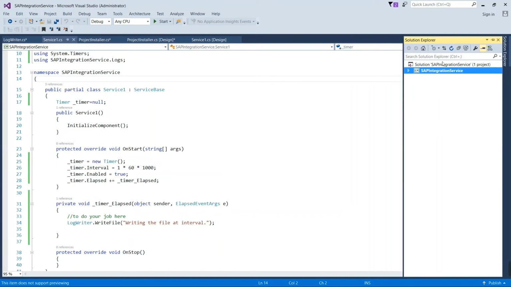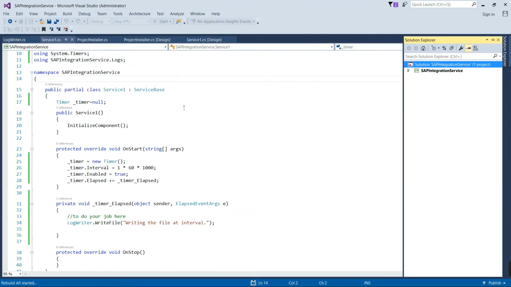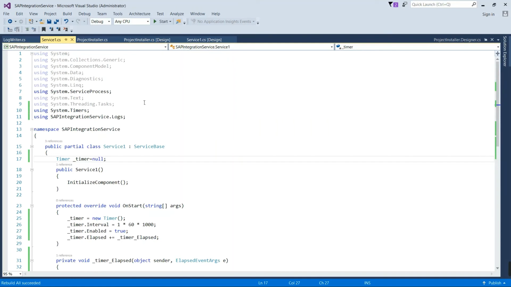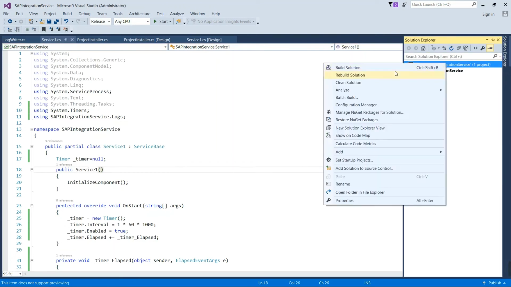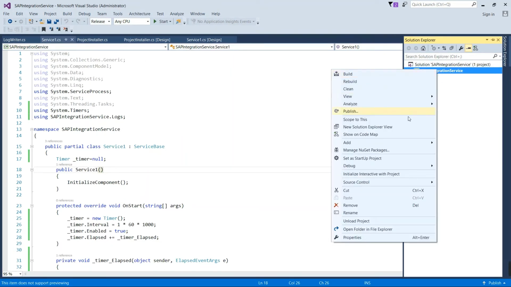So build your service and we'll deploy the service, and we'll see how to deploy through PowerShell. Move to the release and rebuild solution. Go to the drive.